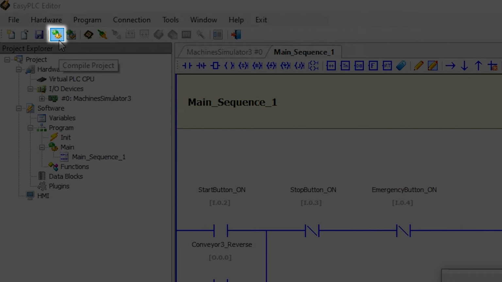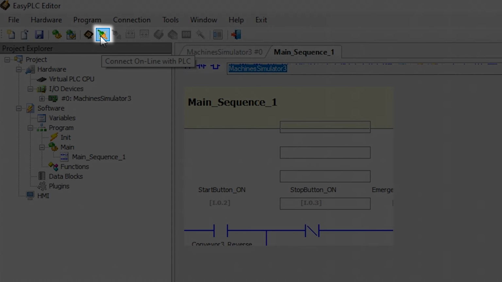So we'll select this icon, and then we will compile and send the project because we want to connect with the virtual PLC. So you can see that we get those messages. It's uploading the PLC program. And then we want to go to launch virtual PLC. So we'll click this icon. We get our confirmation message. We're going to have the option here to now connect online with the PLC.